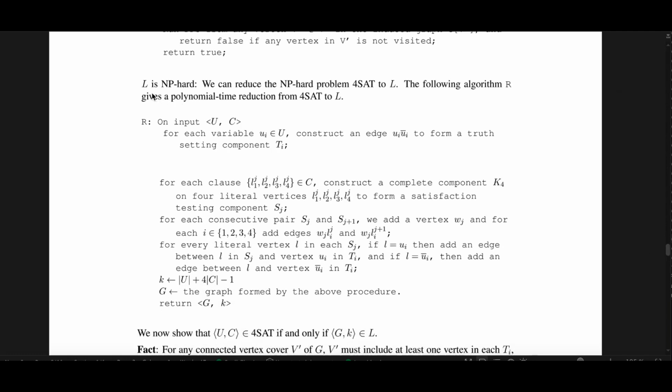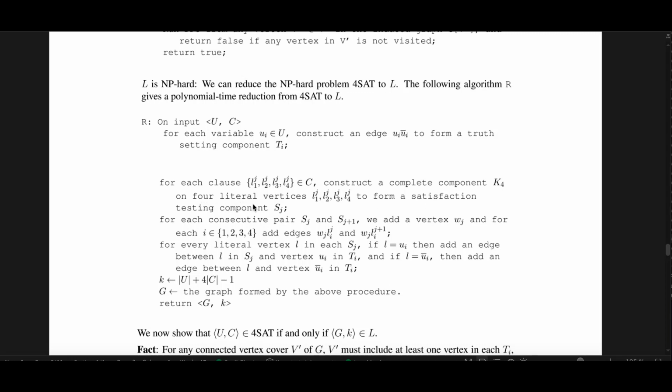And now we know that L is NP-hard. We can reduce the NP-hard problem 4SAT to L. The following algorithm R gives a polynomial time reduction from 4SAT to L. For each variable ui in U, construct a ui and ui-hat pair to form a truth setting component Ti. For each clause Cj = (l1j, l2j, l3j, l4j) in C, construct a complete component K4 on four literal vertices